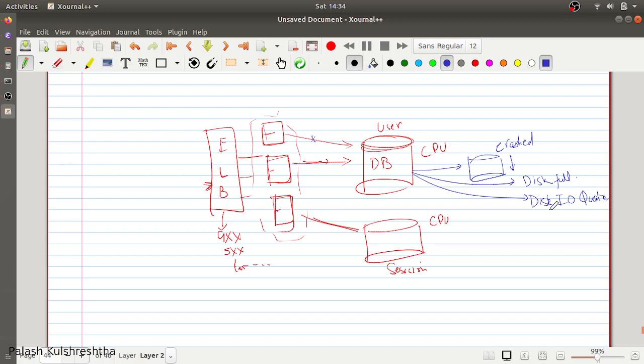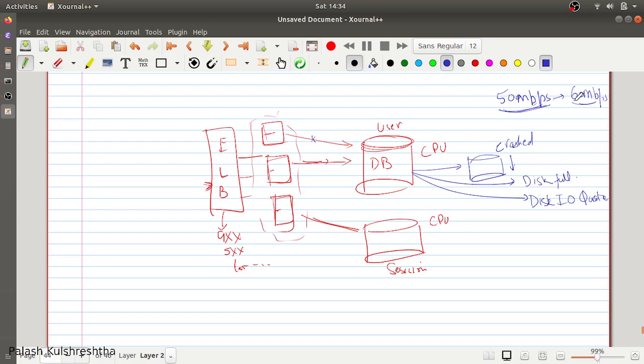Disk IO quota means how much read and write speed, or how much read and write throughput, the disk you have attached is allotted by the cloud provider. If the allotted quota or the threshold of the allotted quota has been breached, for example, you are allowed to make only 50 Mbps of requests to your disk, and you have started making 60 Mbps due to a surge in traffic, then your quota is either going to be capped or there is going to be a burst. So your quota is going to be capped, and you are going to observe higher query latency. In this way, you have to visualize all the components that can be present.